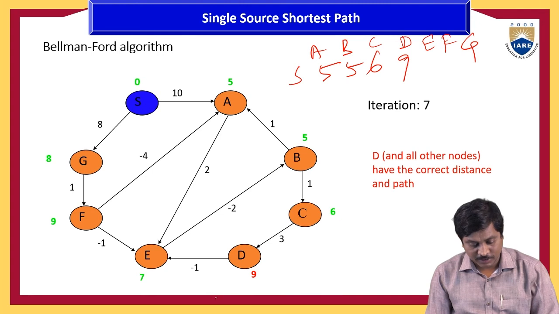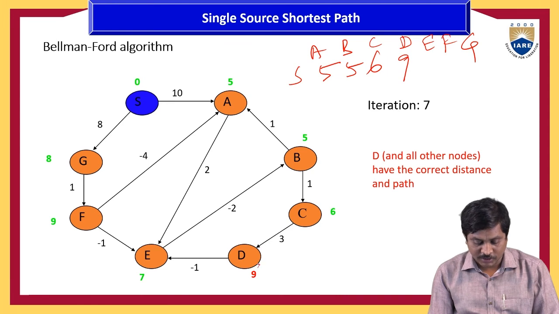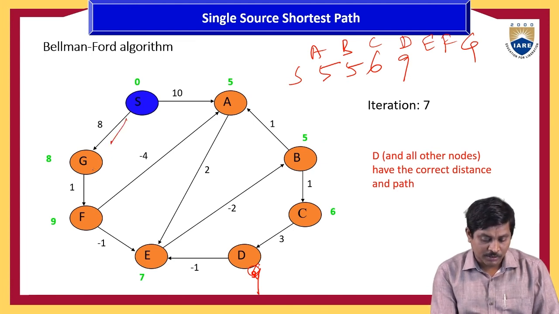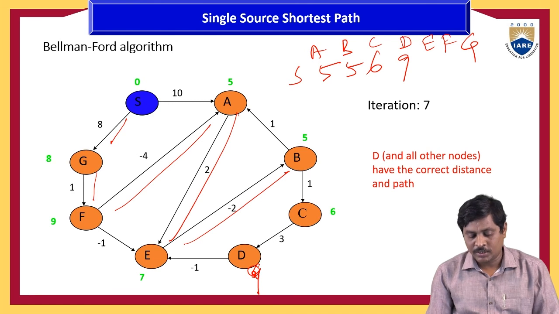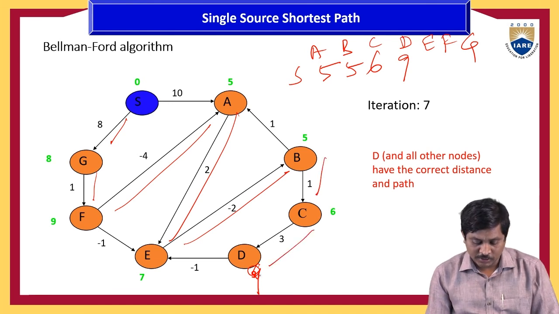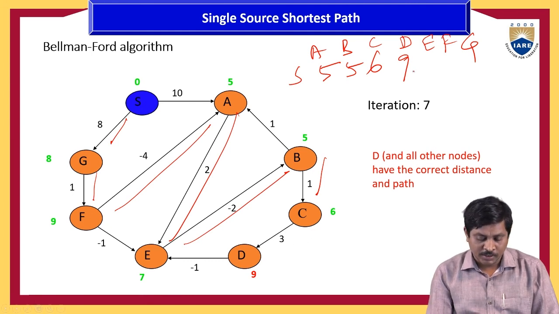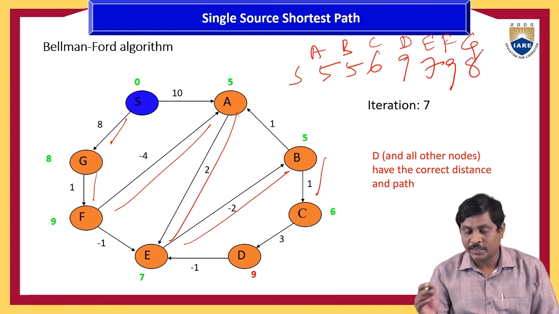S to D, 8 plus 1, 7. 7 minus 1, 6. S to D is here in this direction. Direction is not there, so that's why it is compulsory here, E to F like this. Otherwise, this is the path: S to G, G to F, F to A, E to F, A to E, E to B, B to C, C to D. So this value is 9. There is no other chance to decrease this value. S to E, 7. S to F is 9. S to G is 8.